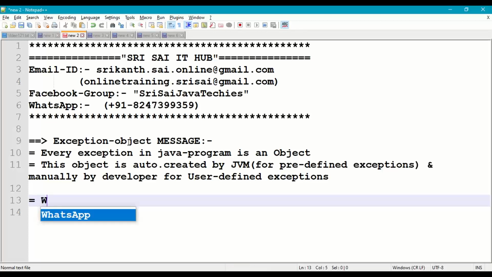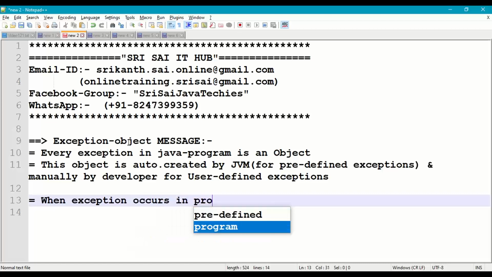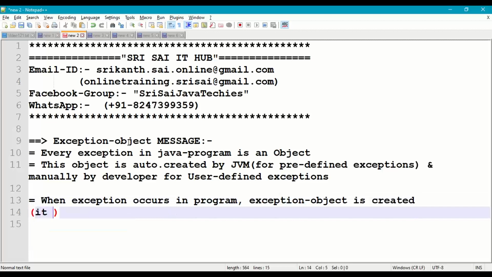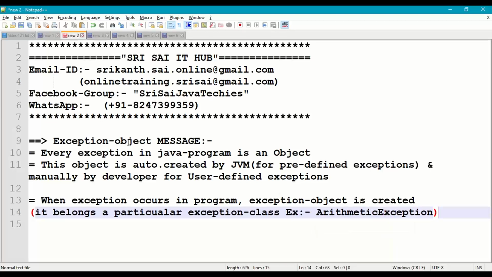So when exception occurs in program, exception object is created, and this exception object belongs to a particular exception class. Example, something like arithmetic exception, which is a predefined unchecked exception, or null pointer exception.